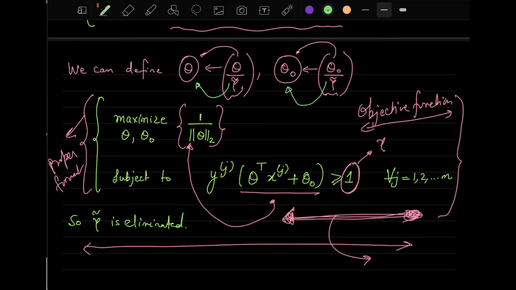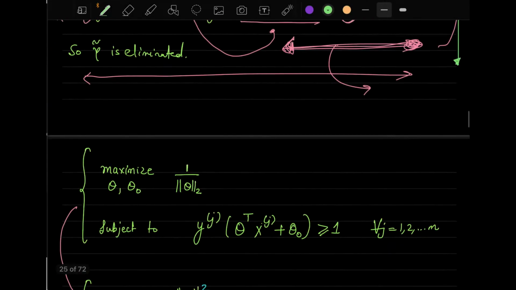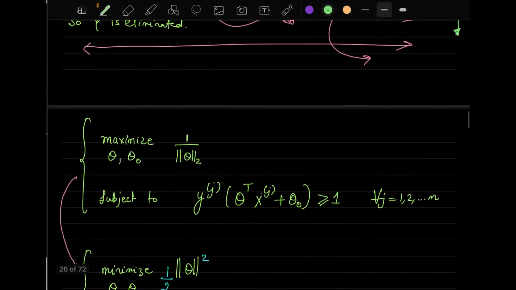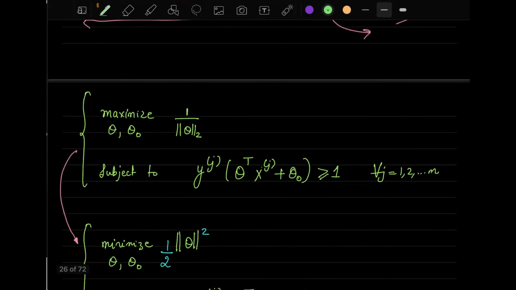Now, what we will do is we will try to make this objective function a convex optimization problem. Basically, we want to make this convex optimization problem similar to what is available in the books. So let us see how we can do that. If I repeat this objective function in the clean format, because the earlier one had more writing over there, this is the one which we finally arrived at.